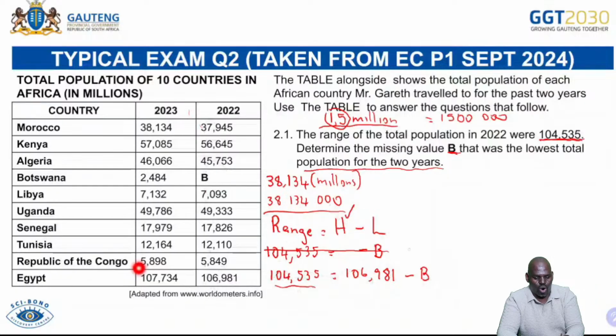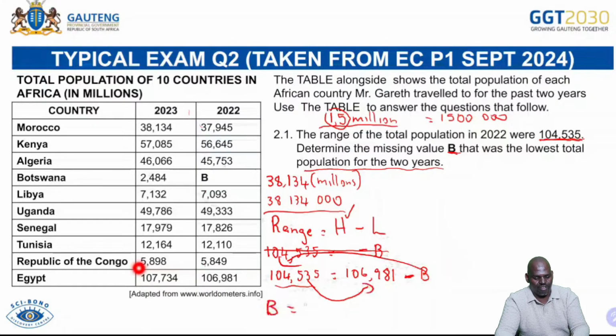We have to leave B on one side of the equal sign. To make it easier, because B usually must be on the left hand side, we prefer that B should be on the left hand side. So I'm going to exchange the values. I take B to the left hand side and I take 104,535 to the right hand side. What do we know about a number that we take to the other side? It changes the sign. So if I take minus B, it's going to be B on the left hand side,